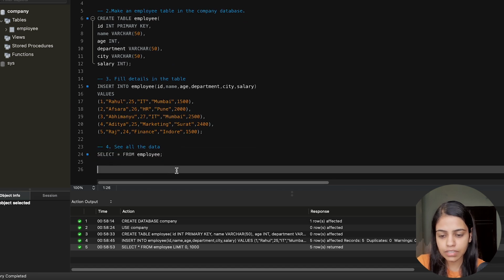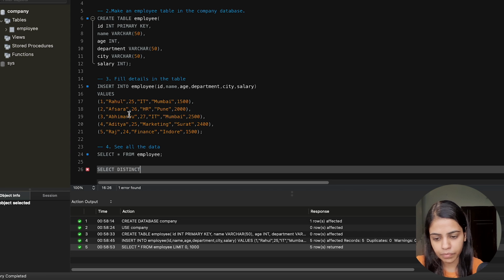Now let's use the distinct command. I want to see the distinct values of department in this employee table. So I'll give the query as select distinct, then I will give the column name, that is department, and then from, and then the table name, that is employee.